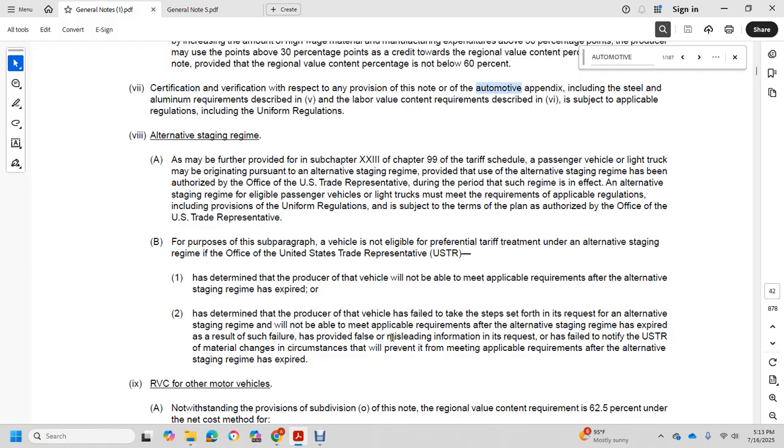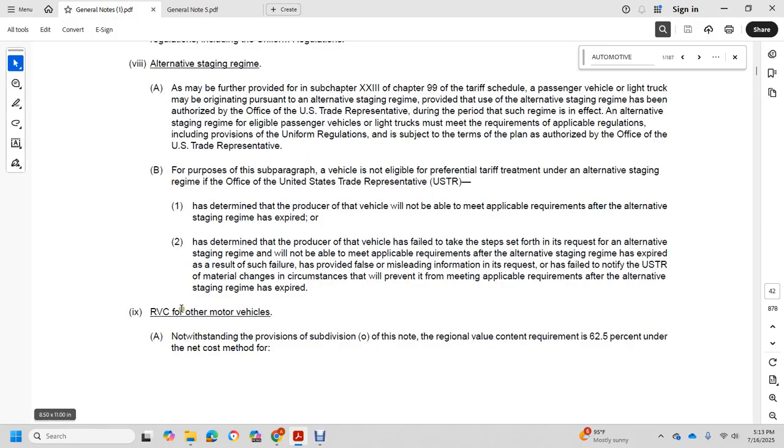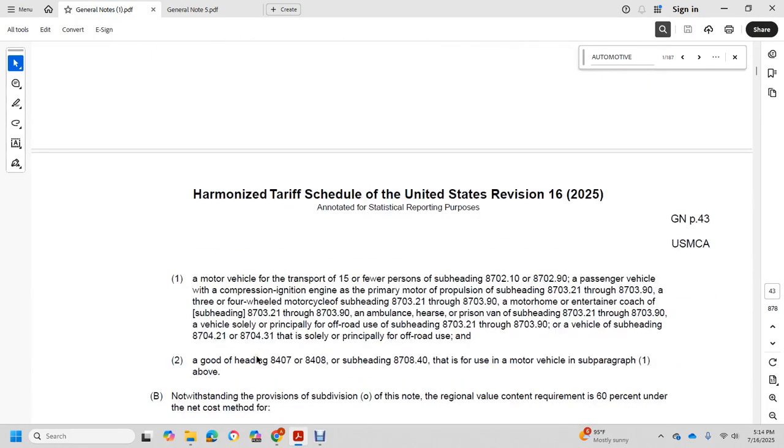As a result of such failure, [the importer] provided false or misleading information in its request, or has failed to notify the USTR of material changes in circumstances that prevent meeting applicable requirements after the alternative staging regime has expired. The RVC for other motor vehicles, notwithstanding the provisions of this note, is a regional value content requirement of 62.5% of the net cost for